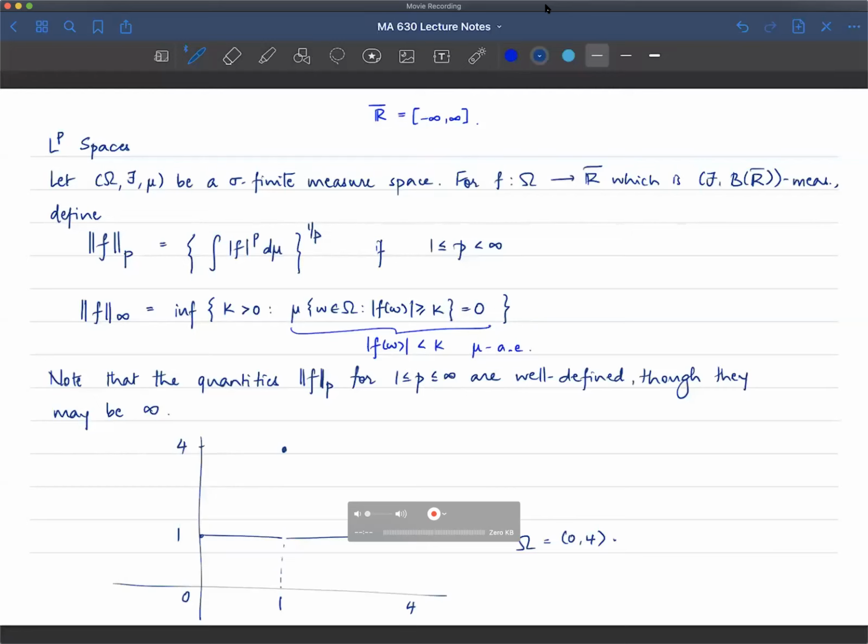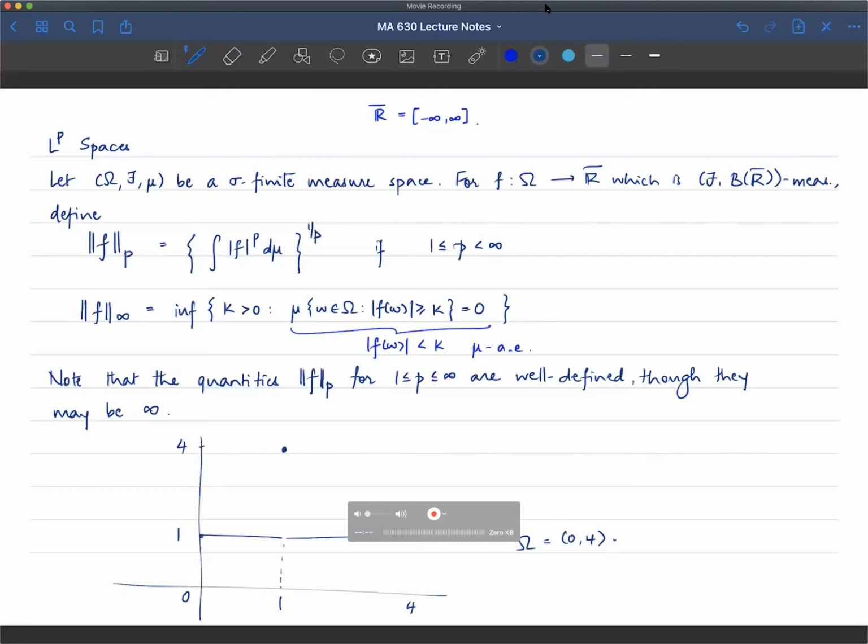Yeah, I understand, sir. So we can say it is essentially bounded. Right, that's another term for it. Essentially bounded means that it's essentially bounded by 1. That means the set of points where it fails to be bounded by 1 has measure 0. In this case, we're talking on the line, so the notion of measure we're using is just length, which is just Lebesgue measure. So if I said that this function is bounded above by 1 or 2 or 3, that would be a false statement.